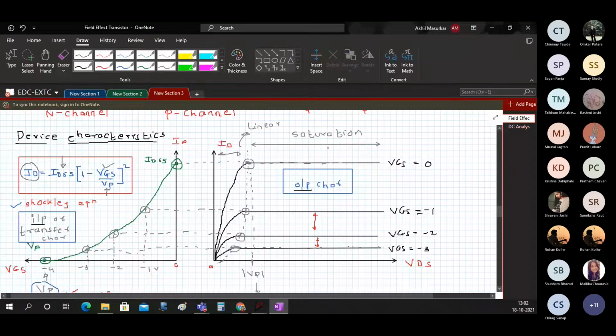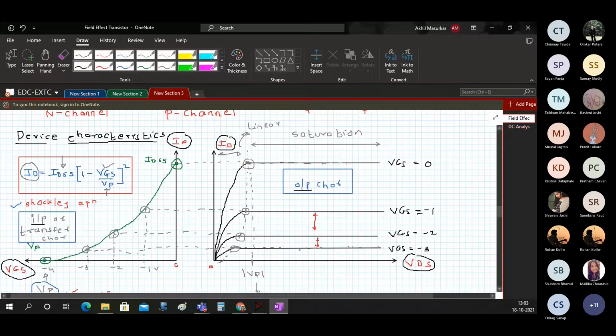But the output characteristics. So what you can observe here is that the input characteristics is a graph of ID versus VGS, and the output characteristics is a graph of ID versus VDS. So in both the cases, what we will be having on y-axis would be ID. So we would always add the trace for ID, and we will ensure that on X we have VGS in case of input characteristics, and on X in case of output characteristics we would always have VDS.